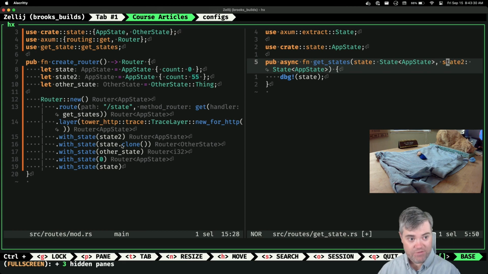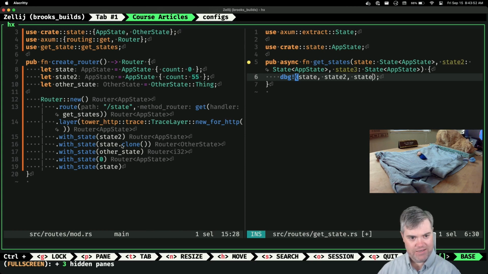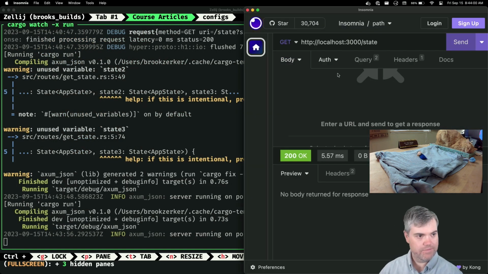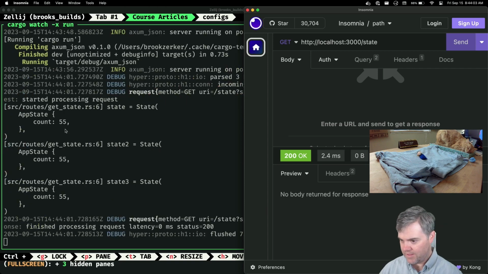Just to make sure, because I have 3 states that are all app state, if I get all 3 of them, so we have state 2, and state 3. They should be all unique and different. That's what we'd hope for, but they are all the same, which is also kind of what we expect them to be.